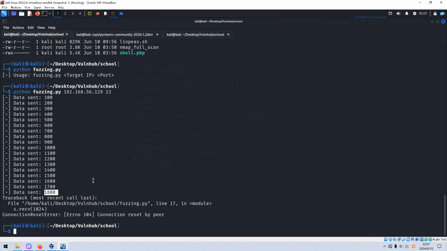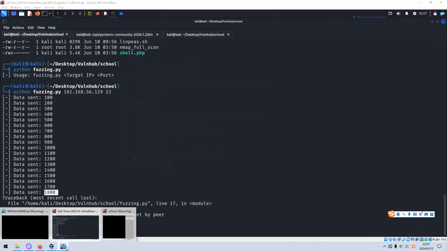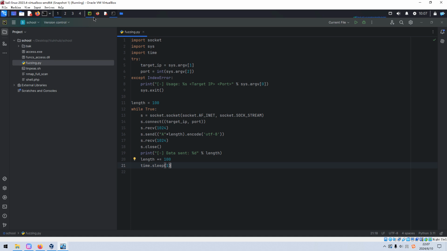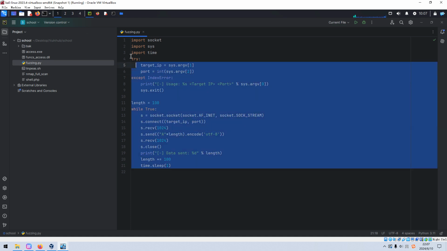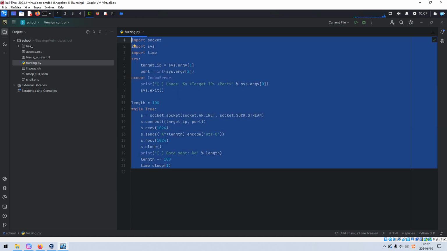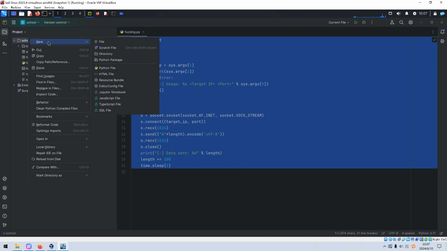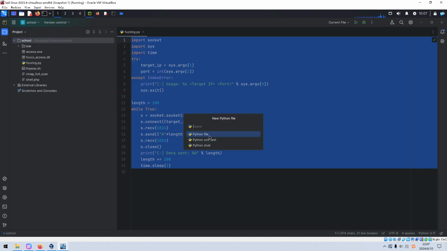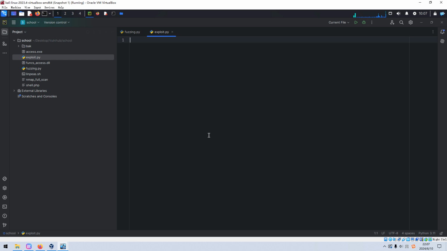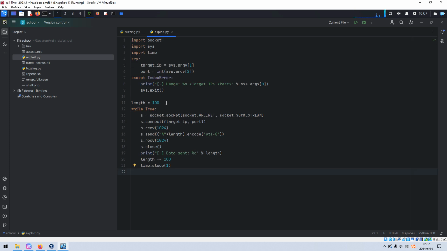We need to confirm this. For example, we do not need to use the loop. Maybe I'd like to copy this code and create another file. We call it exploit and paste in here, and we don't need to use this one.